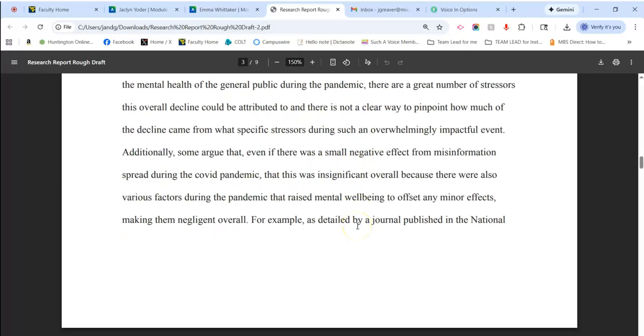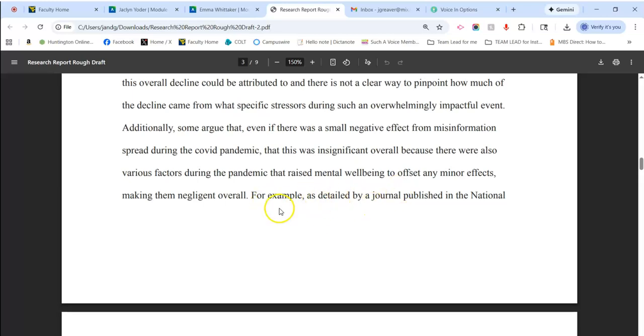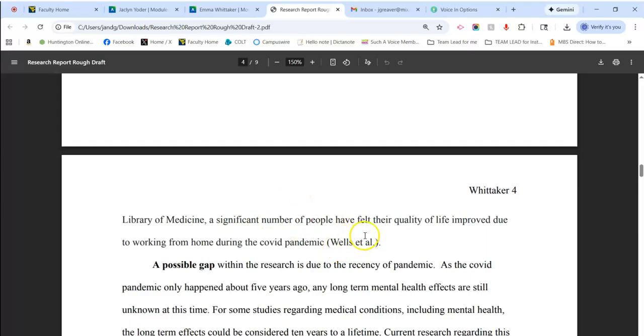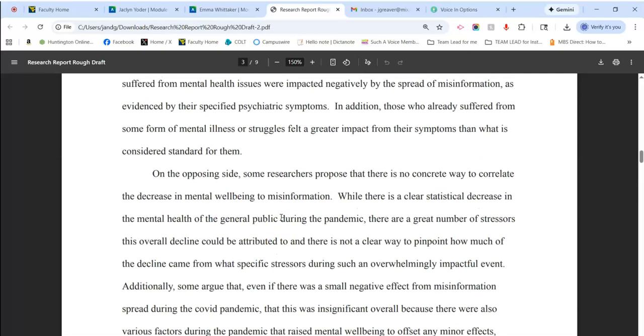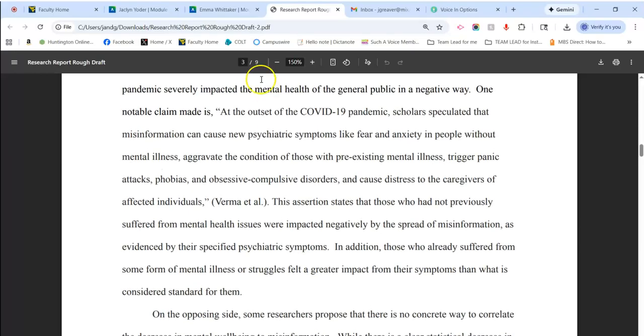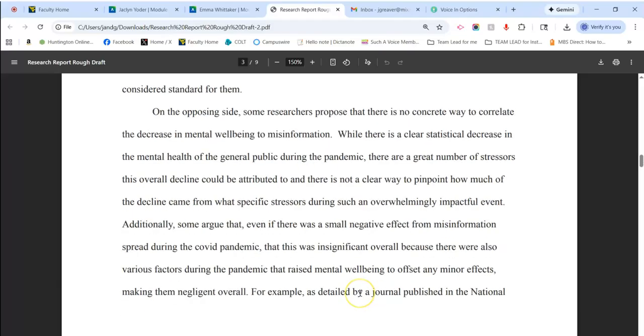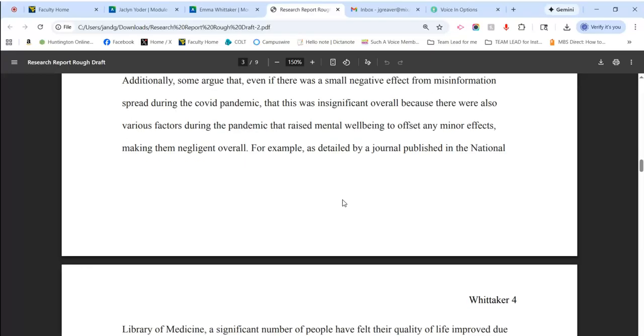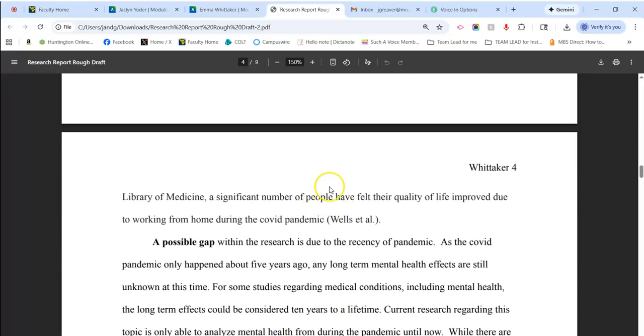So what you would want to do is, again, cite that source properly with a proper signal phrase that introduces who Wells is and why anybody should care about what they have to say, and then give the quote or whatever it is. Also, you probably ought to have more quotes than you do. You do have some here, like here's one, but you want to let your authors speak in the literature review, because that's actually what's going on. You're letting your authors speak about what is known about the topic and what they have to say about it. So it's good to let them speak by quoting them directly.